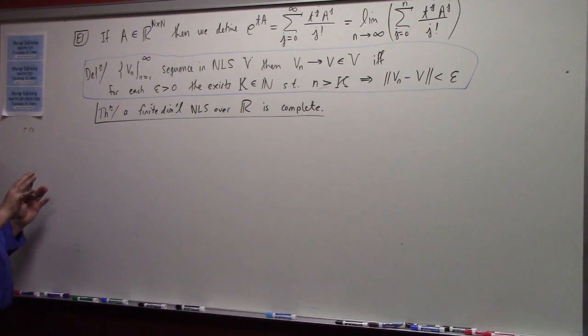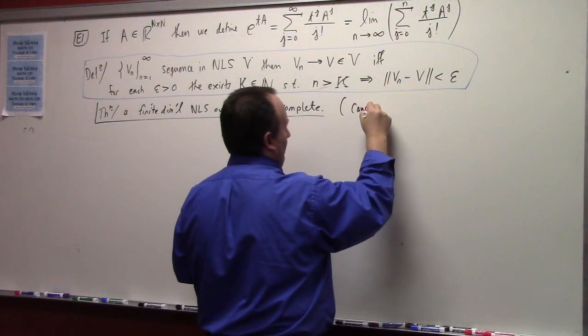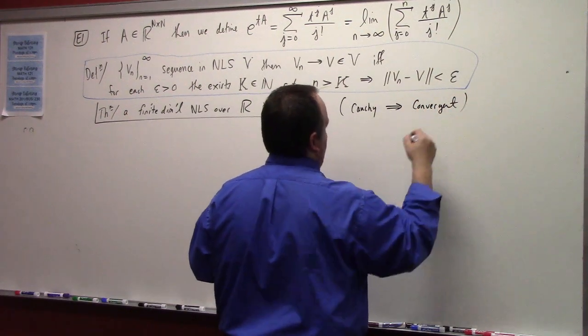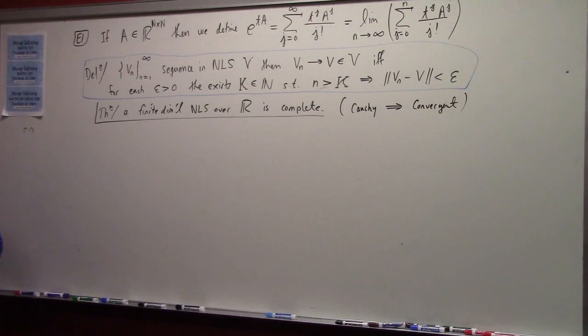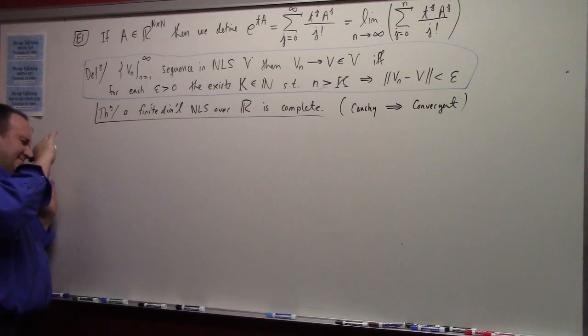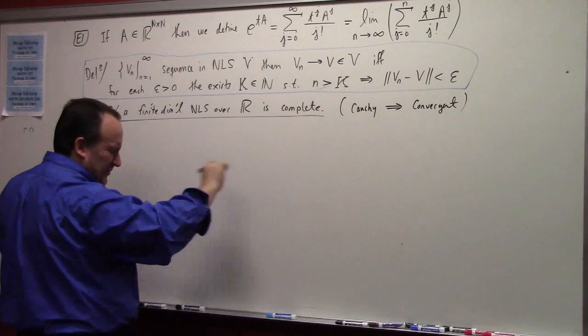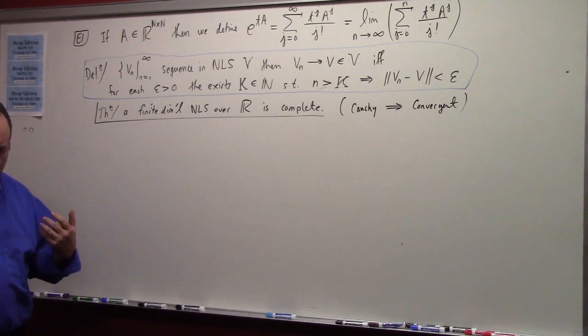it's complete, meaning that Cauchy implies convergent, right? And the proof of that is nearly identical to the one you gave in complex. In complex, you did it for 2 dimensions. Here, you replicate that argument, except for breaking the vector sequence into its component sequences. And you simply argue that if you have the Cauchy condition for the vector sequence,